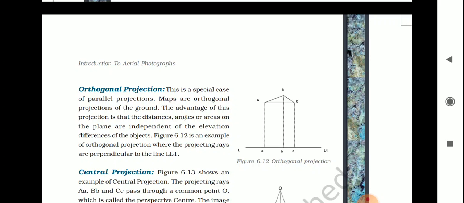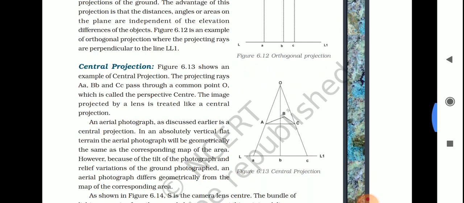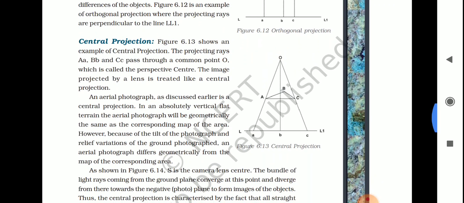Here you can see ABC, and here we have LL1, right? Then central projection, you can see, students, figure 6.13 shows an example of this kind of projection, which is called central projection. Here you can see ABC, the image projected by the lens is treated like a central projection. Okay,